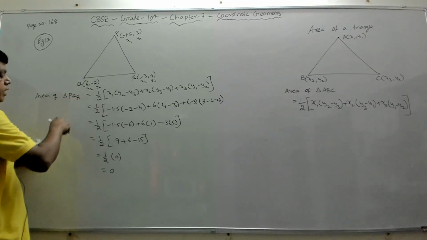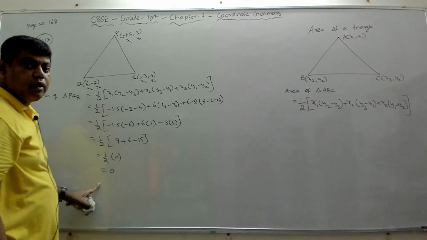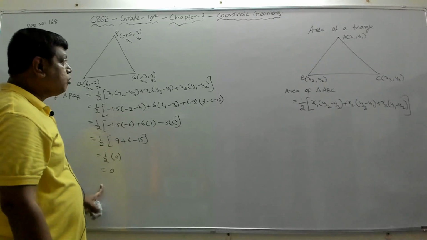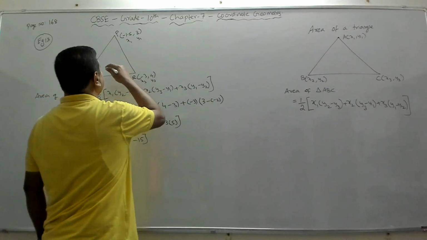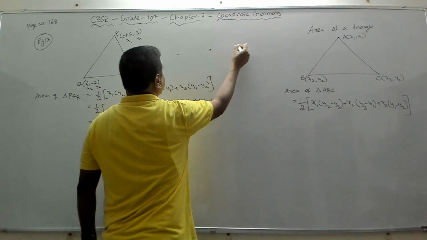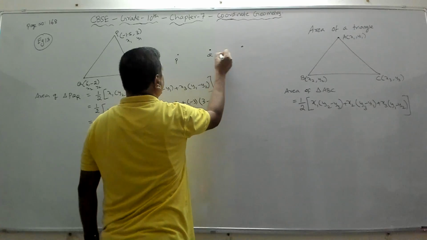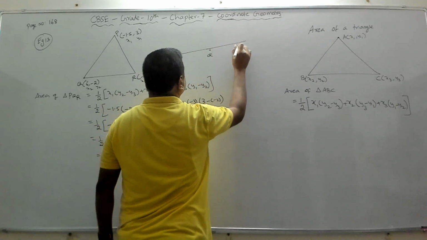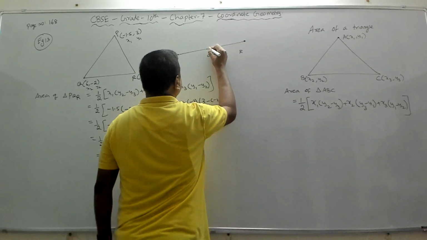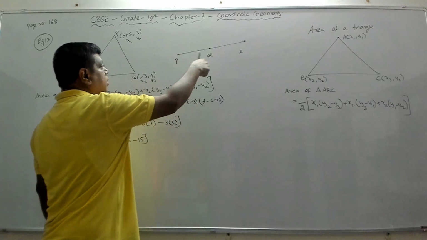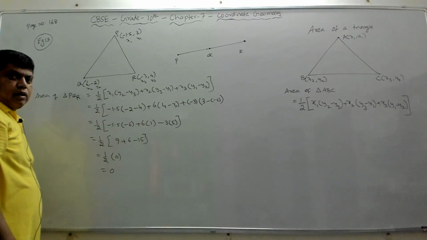If you want the area of the triangle PQR, we are getting the area of the triangle as 0, which means what? Which means they are not like this. The 3 points are collinear, which means your PQR are something like this. They all the 3 are in a straight line. This is R, this is Q. They are something like this, which means you cannot form a triangle using these 3 vertices.